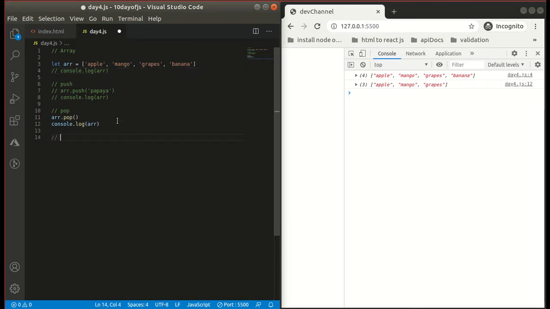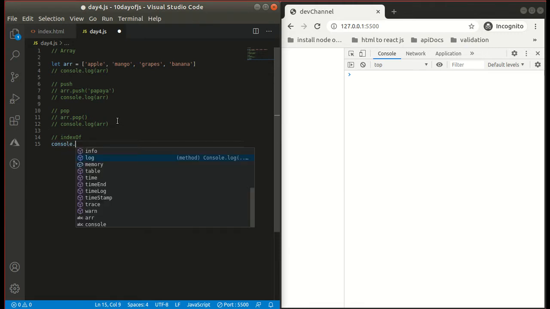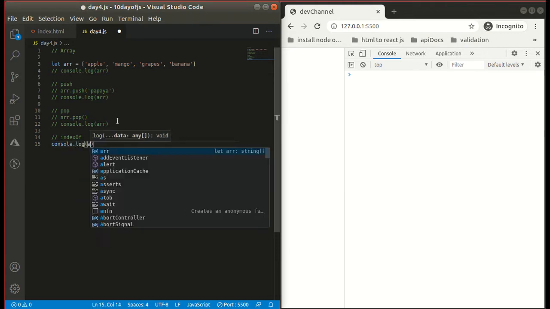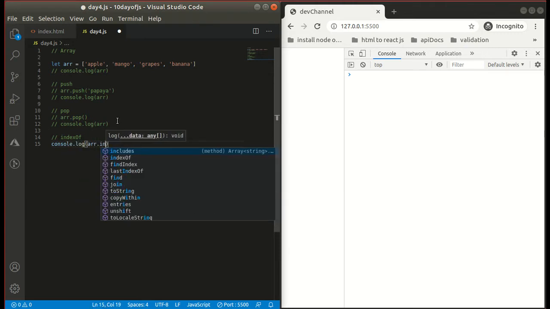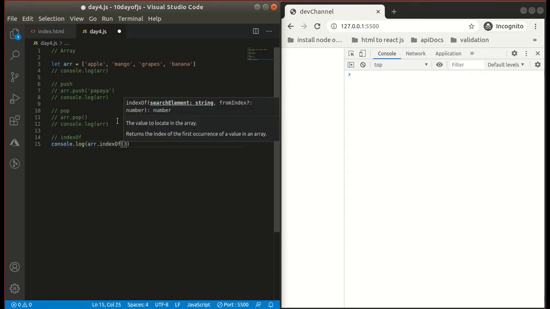Now indexOf. What indexOf does is it simply provides us the index at which the element is present, and it returns -1 if that item is not present in our array. Let's see, array.indexOf mango. It will give us 1.